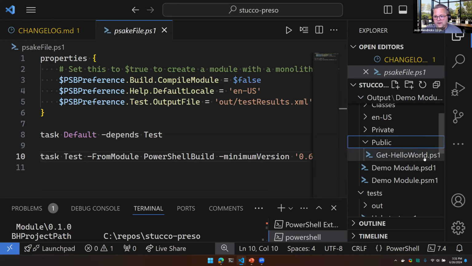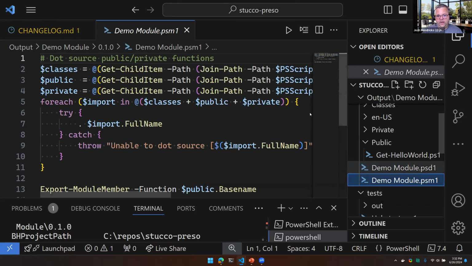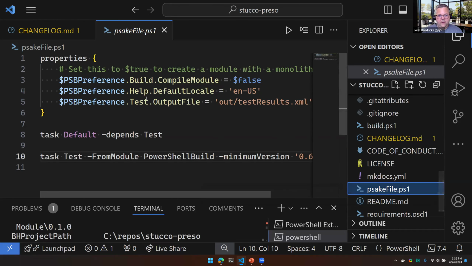If we have a lot of individual files in our module, it can be faster to compile the module by taking all of the contents of those functions and putting them in the PSM1 at build time. So your source code is still individual files, but when you build the module and test it, or publish it, that version has everything in your PSM1. So by adding that option here,